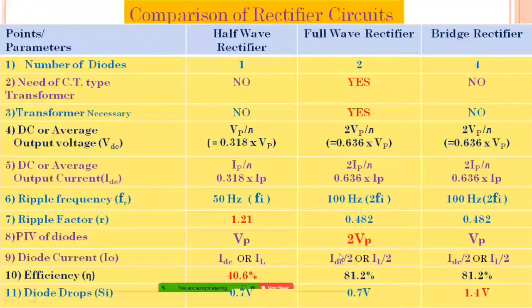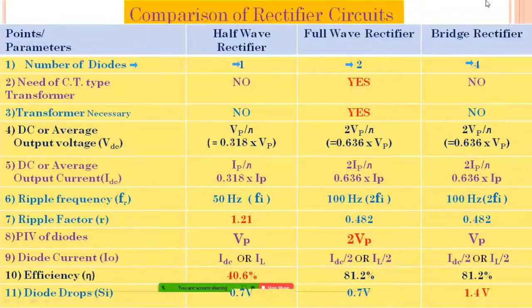We'll start with the first type of parameter, that is the required number of diodes. The number of diodes used for the construction of the half wave is just one, but for the full wave we need two diodes, and for the bridge four diodes are required. Remember, diodes used for the construction of rectifier circuits in a DC power supply are basically power type diodes. They have to handle a large amount of electric current, and are also known as rectifying type diodes.